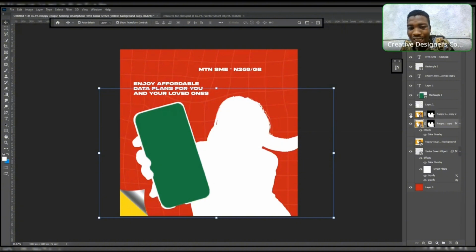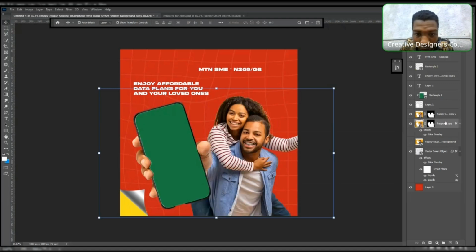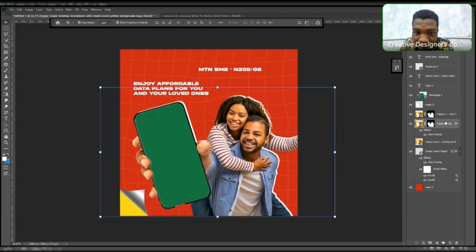So I will now click on the one behind. I want to give it that effect. If I begin to click on my arrow key to adjust, you can begin to see the adjustment. That's actually how I'm able to achieve my white shadow effect. So to give it another drama,